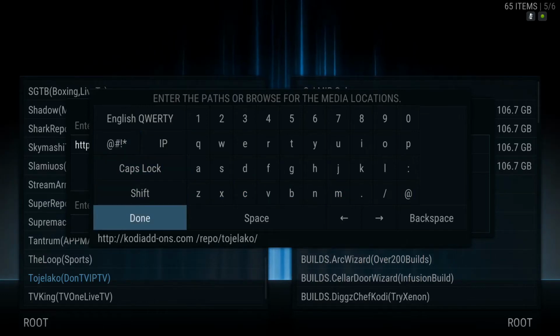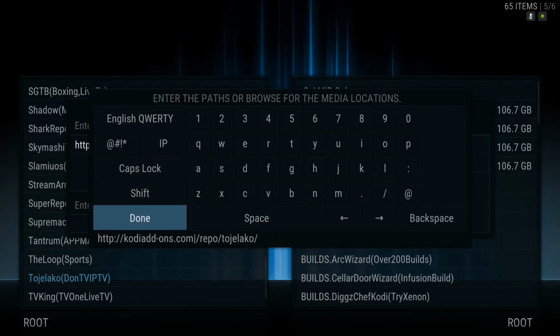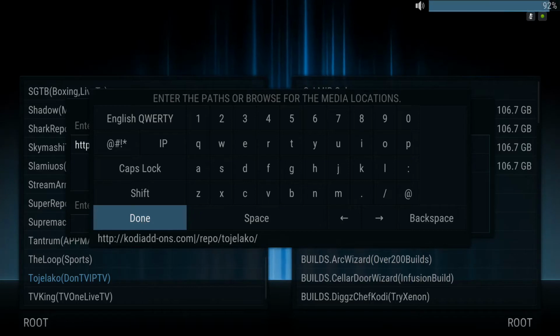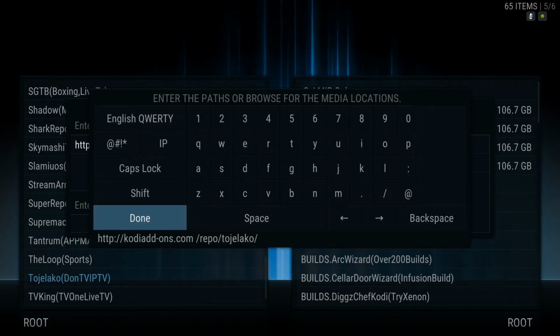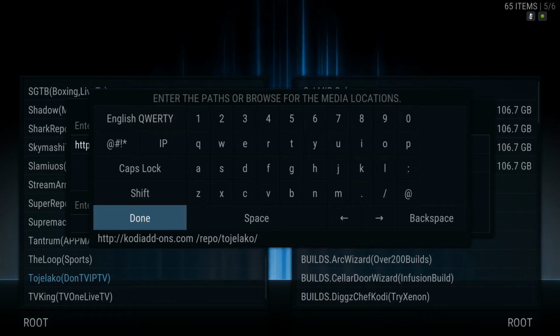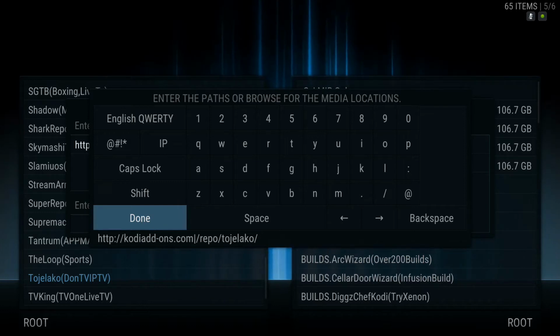Just like if you're going to a website anywhere, it's got to be the correct address, or it's not going to do anything at all. Addons.com/repo/Toje Laco, and that's spelled T-O-J-E-L-A-K-O //